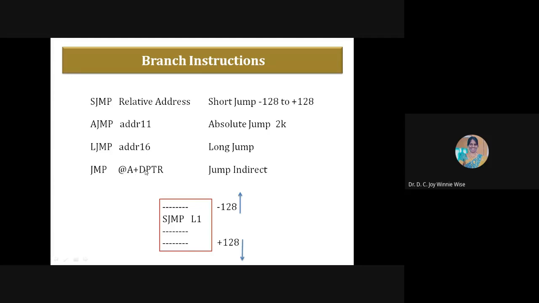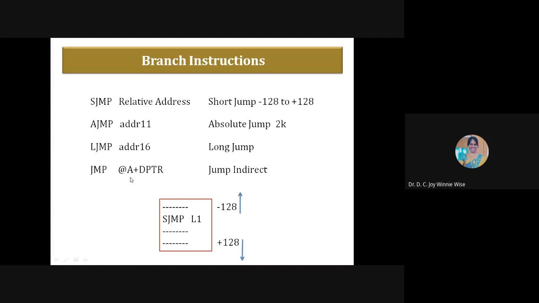So this is indirect addressing. You got it? So short jump means the range is -128 to 128. AJMP, that is absolute jump, means we can jump within 2 into 1024 memory locations, and long jump means we can jump anywhere, and the last one is JMP @A+DPTR.